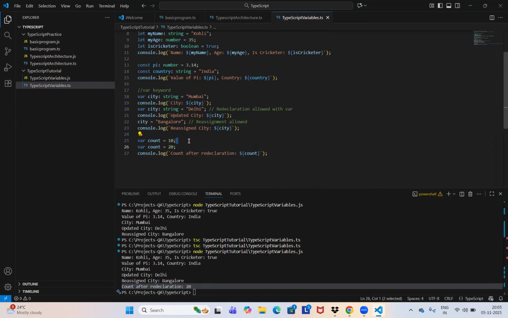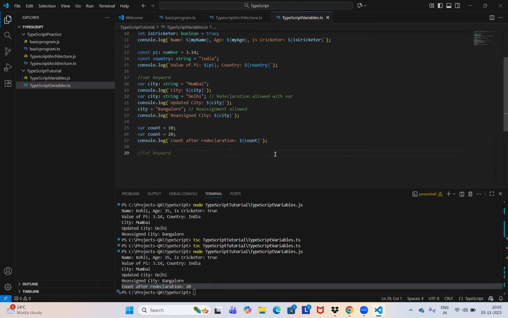So instead of going with var, so many challenges, so many issues we will get. So I will show you one more example. Suppose var, now here there is var count equal to 20, it is printing 20, right? Right. Now I'm just doing console.log